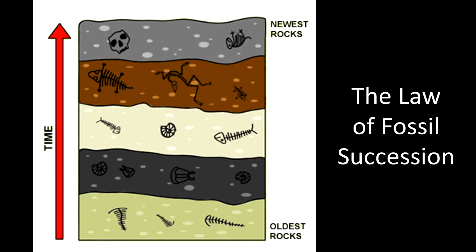We would expect that the lowest layers would contain little visible evidence of life. Layers above them would contain impressions of a diverse set of jellyfish-like creatures. Higher layers would have creatures with skeletons, appendages, and various organs. Above those would be layers of the animals with the first backbones, and so on. This concept is called the law of fossil succession. This principle states that groups of fossils appear in chronological order in their vertical placement in sedimentary rock, meaning that the kinds of animals and plants found as fossils change through time.